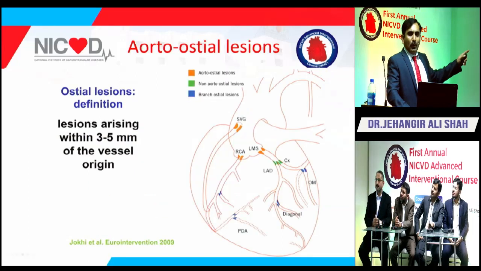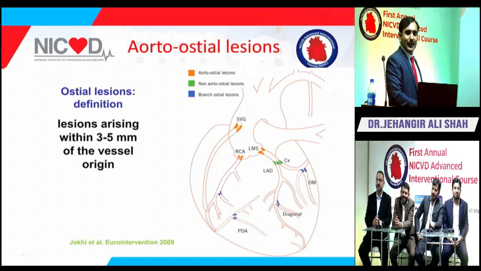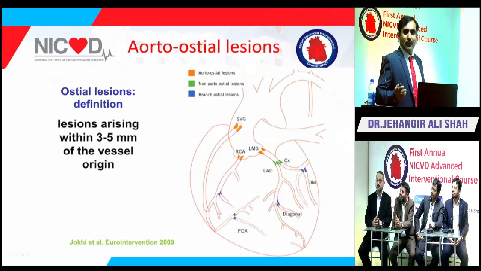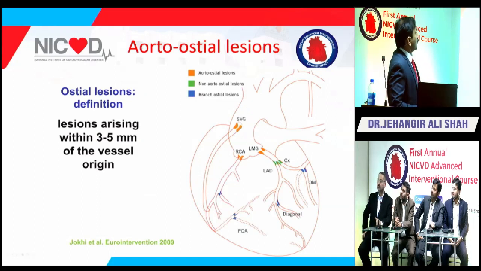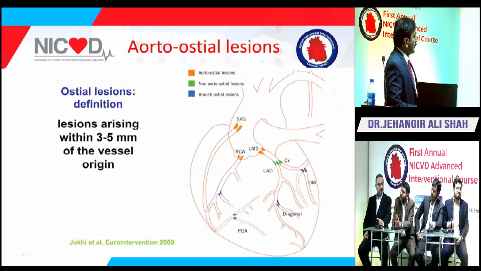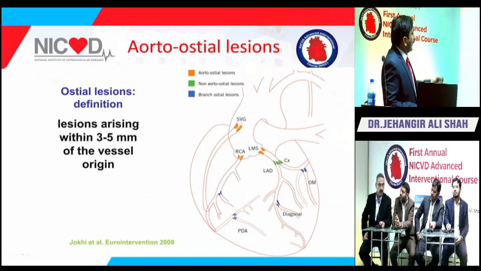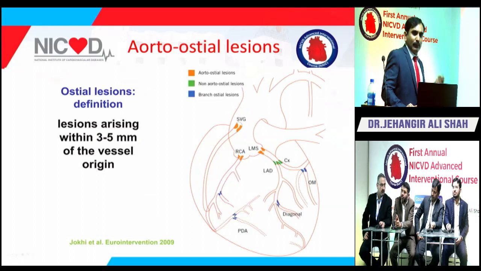So my next talk, I just want to do two, three slides on the aorto-ostial. So high time. Just only 2-3 slides. Okay? So the aorto-ostial lesion arises within 3 to 5 millimeters of the origin. It may be SVG, aorto-SVG, aorto-RCA or left main. Because these aorto-ostial lesions are fibrotic, their restenosis rate is very high,